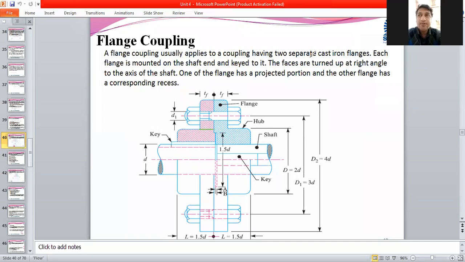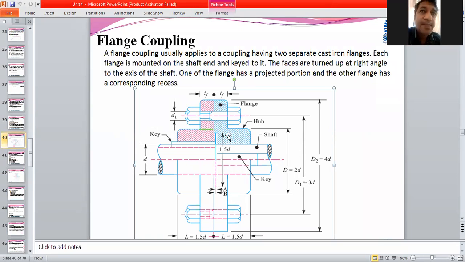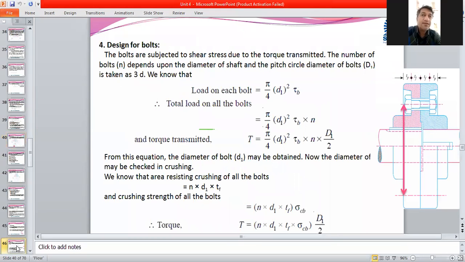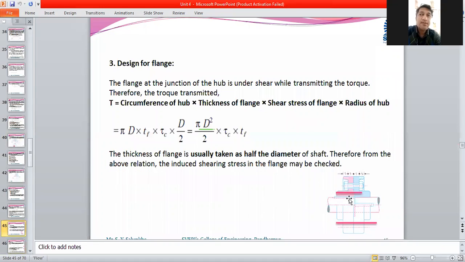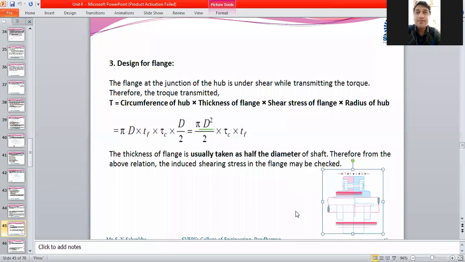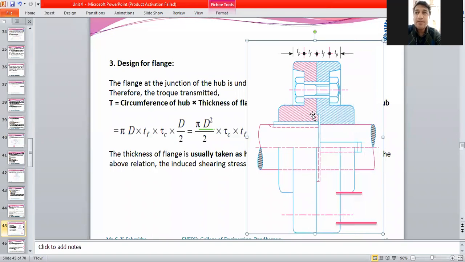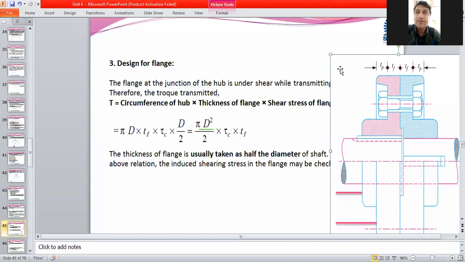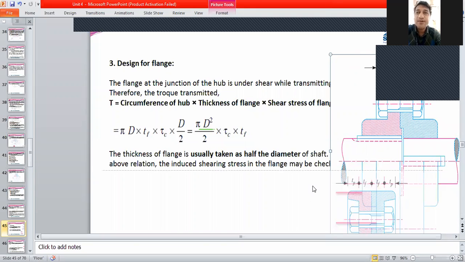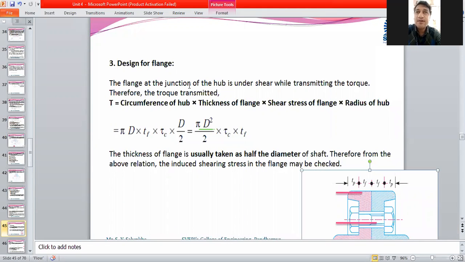So what I will do, I will copy this particular diagram from this slide and I will take it. Okay, it is already here. No problem. So you can see here that diagram. I will elaborate this diagram, and where the shearing will take place, that place we are going to compare with this diagram. If you have a doubt, you can ask at that time.